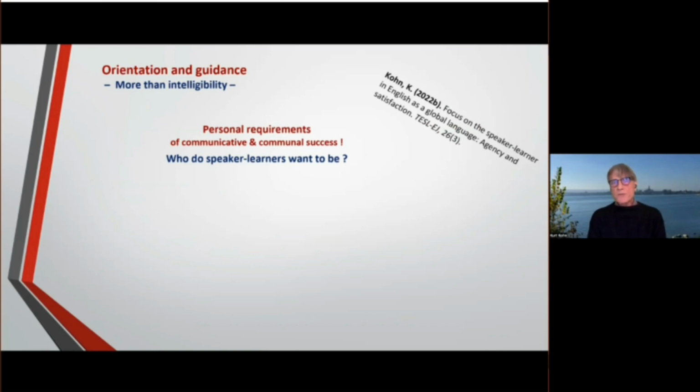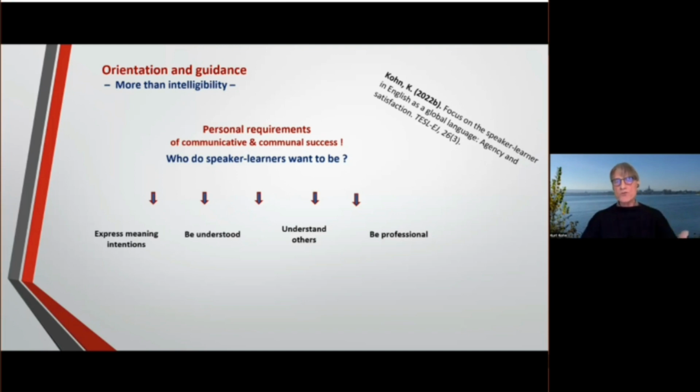But successful communication is a lot more than, I would like to say, just intelligible communication. This is where the speaker learner's personal requirements of communicative and communal success come in. Who do they want to be? Of course, there are these usual suspects: expressing meaning, intentions, being understood, understanding others, being professional,